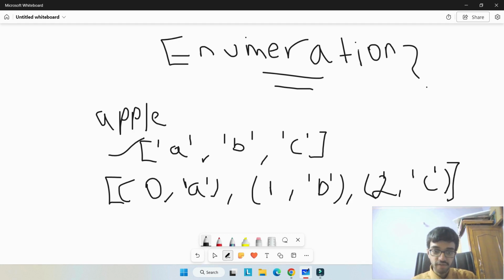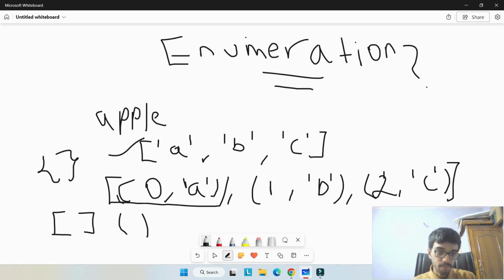Notice that each and every entry would have the index and the value all enclosed in a tuple. If you're not sure, tuples are data types in Python which are represented by curved brackets. Lists, on the other hand, are represented by square brackets, while dictionaries are represented by curly brackets.